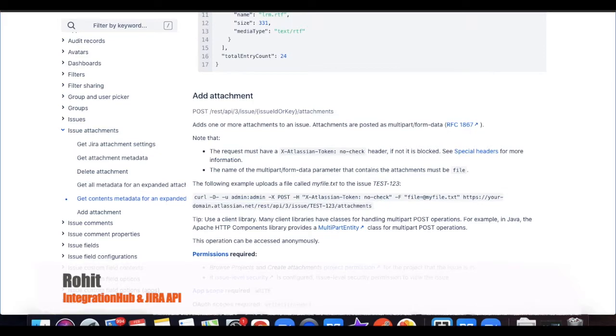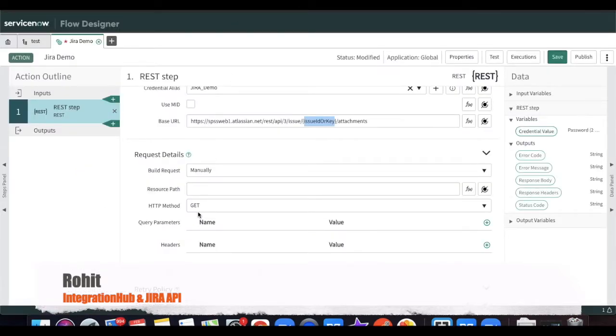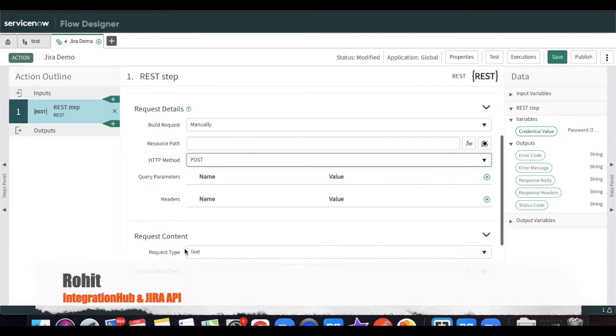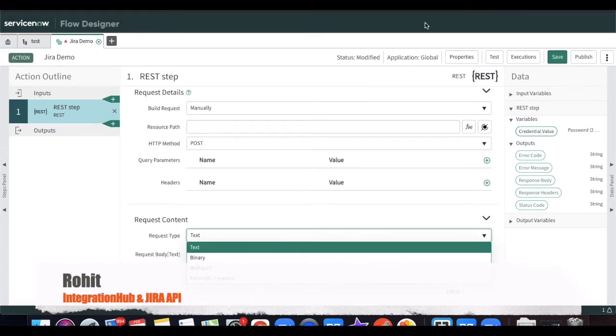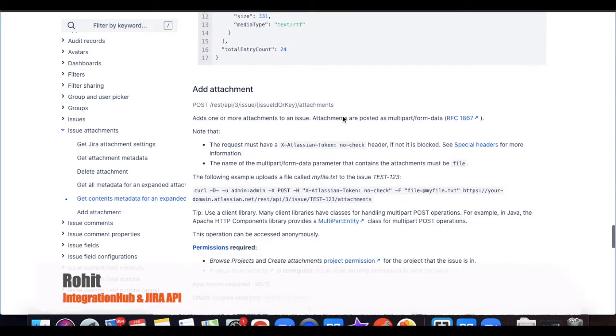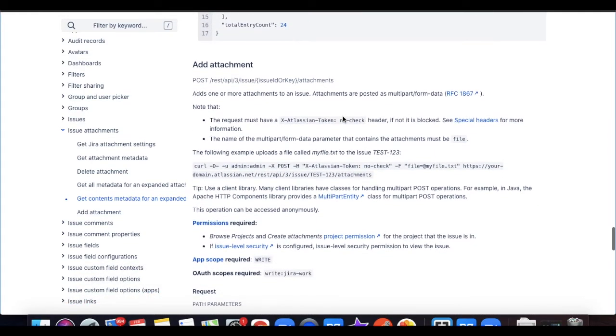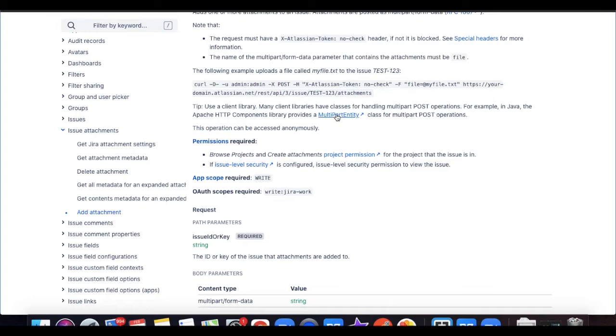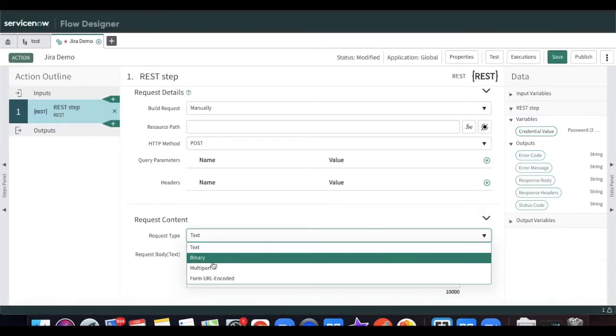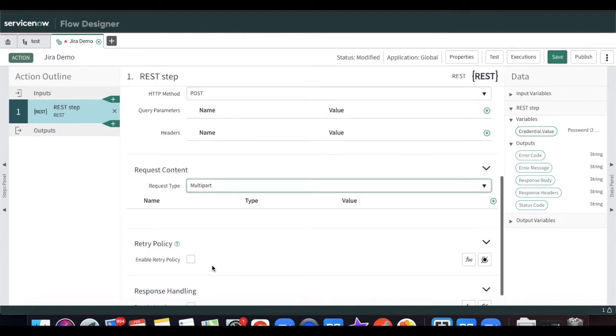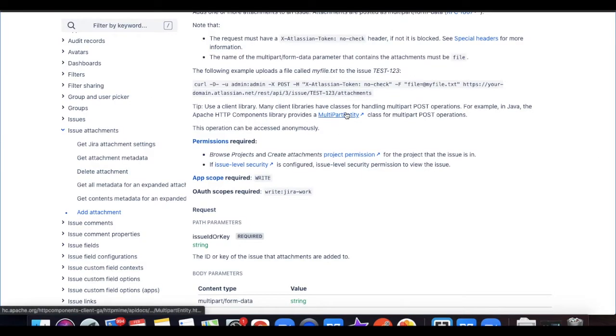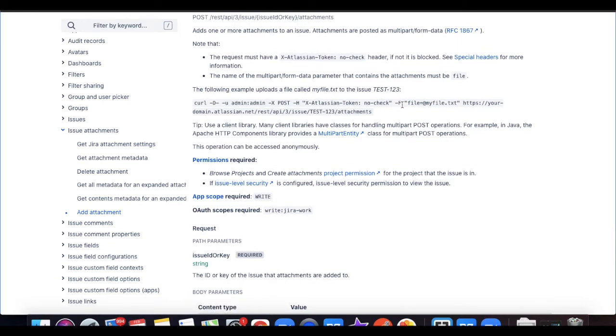Let's select the method equal to POST, and the request type they are using is the multipart request type. So we have to select multipart here. The documentation also says that we need to put the header X-Atlassian-Token and the value should be no-check.